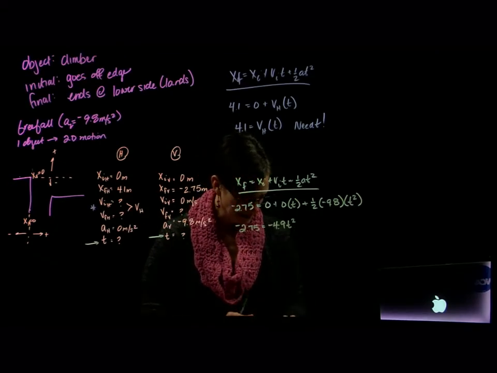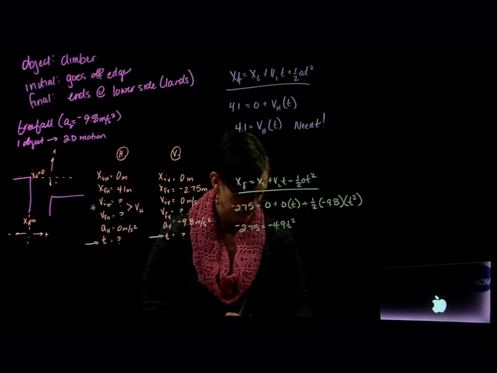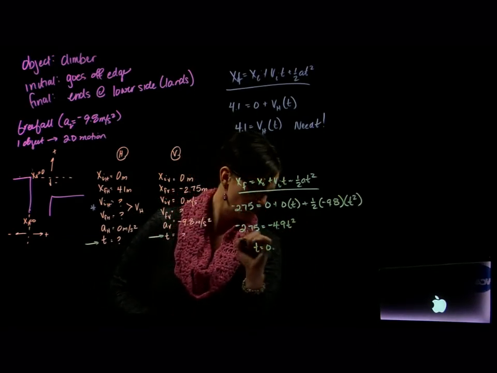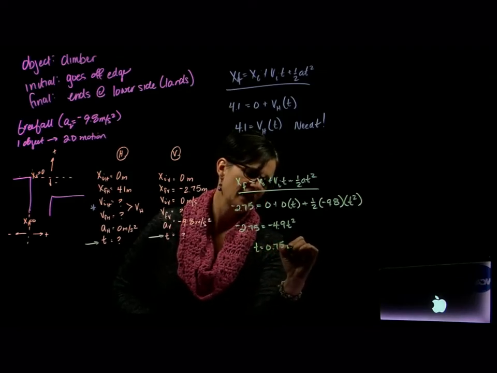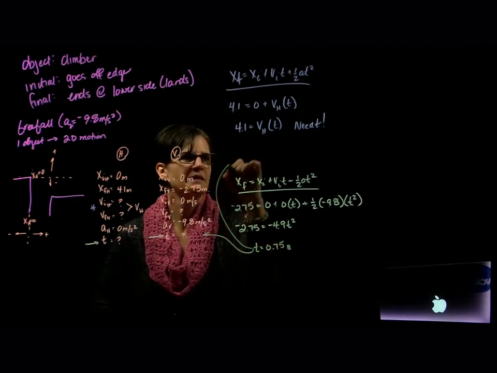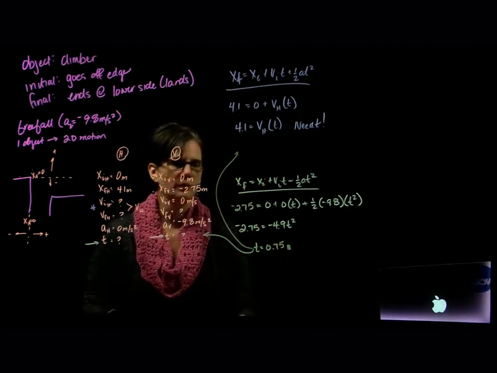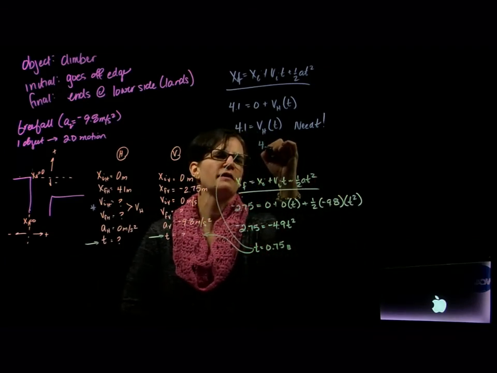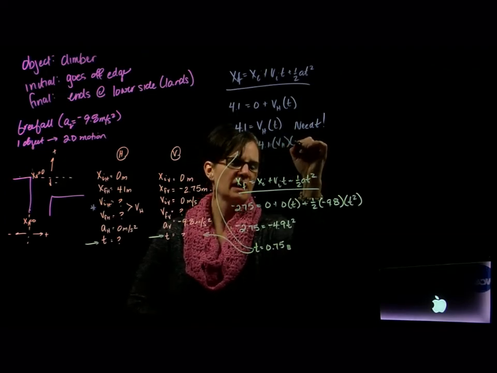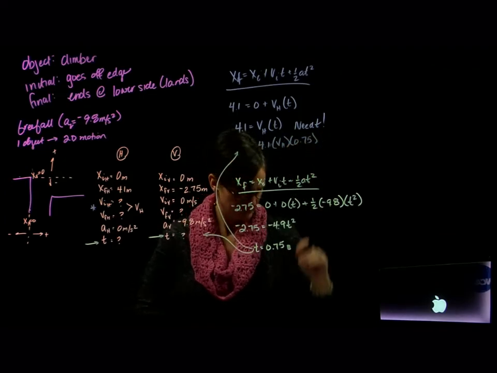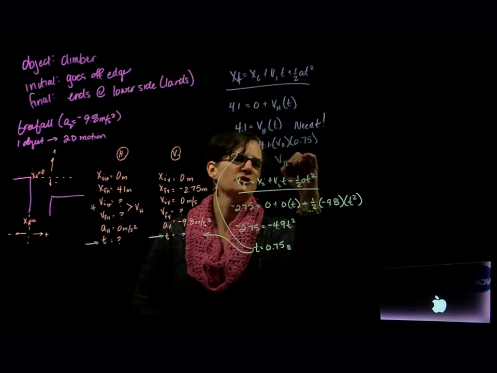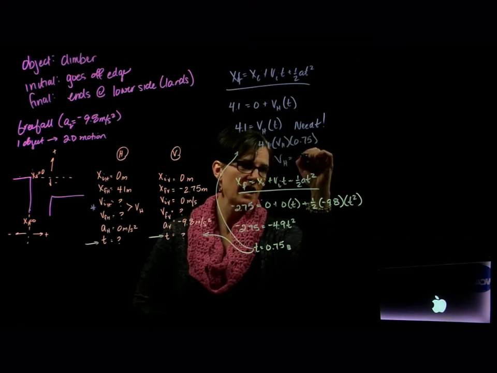And we get time is equal to 0.75 seconds. So now I can plug that back in to our relationship up here. I get 4.1 equals V sub h times 0.75, and my initial velocity to clear the crevasse has to equal